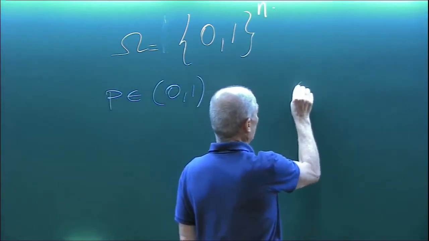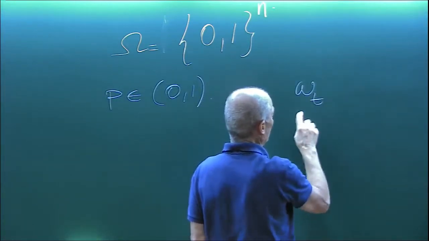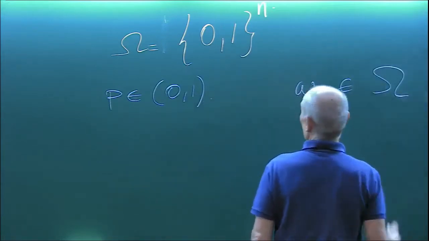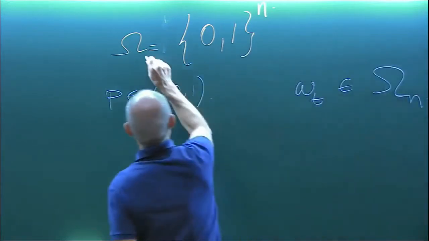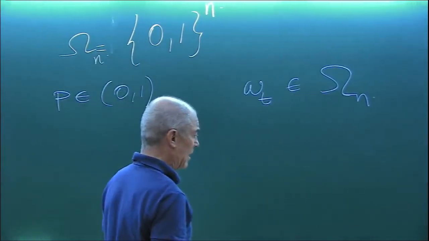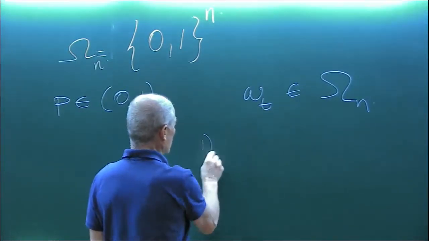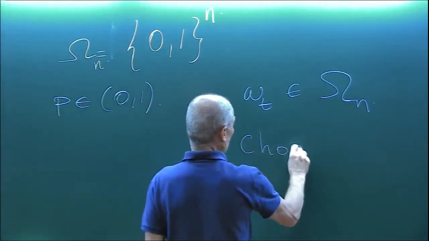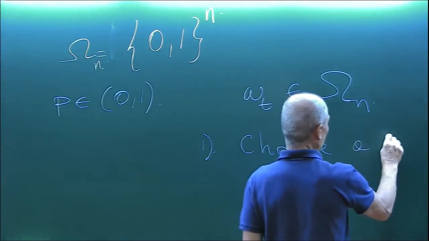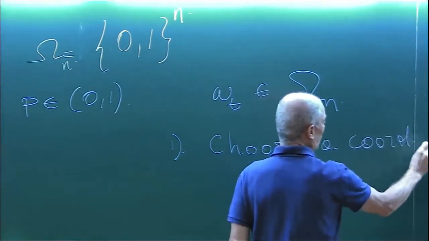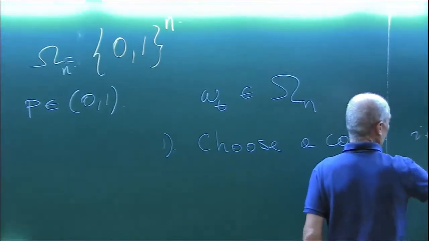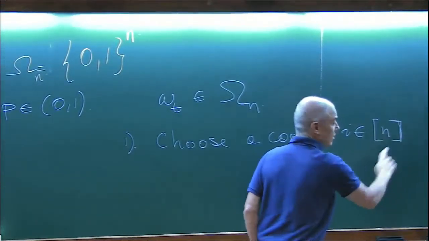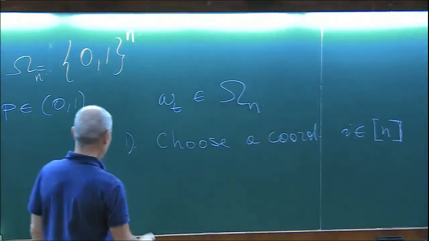Suppose that omega is the current configuration, so t now is discrete. Then the chain goes like that: you choose a coordinate i, an integer from 1 to n,